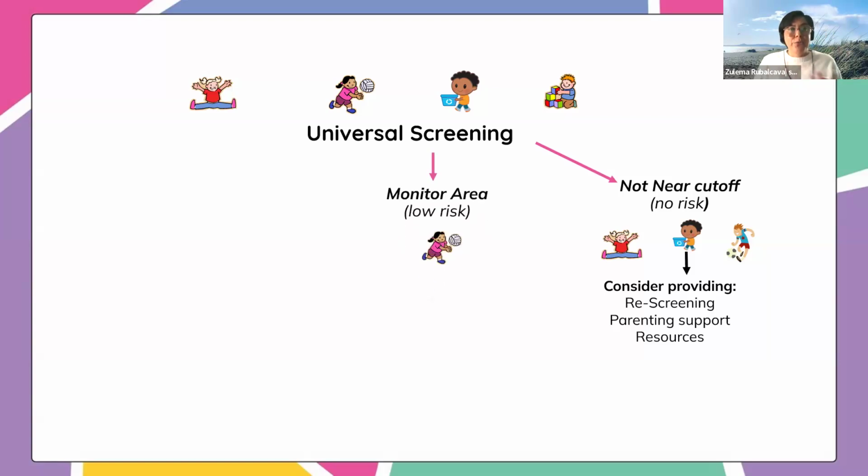You might have some kiddos who are in that "I'm not sure if this is a delay or if this just needs more practice" zone. Let's see what we can do, right? So we give them some targeted suggestions, and then we reevaluate. We screen them, maybe instead of a year, at 4 months or 2 months, depending on their age, right? Or after all of that intervention, they're still not meeting milestones, starting to get more and more delays. So then maybe we say, hey, this is a kiddo who would benefit from that next step of assessment.